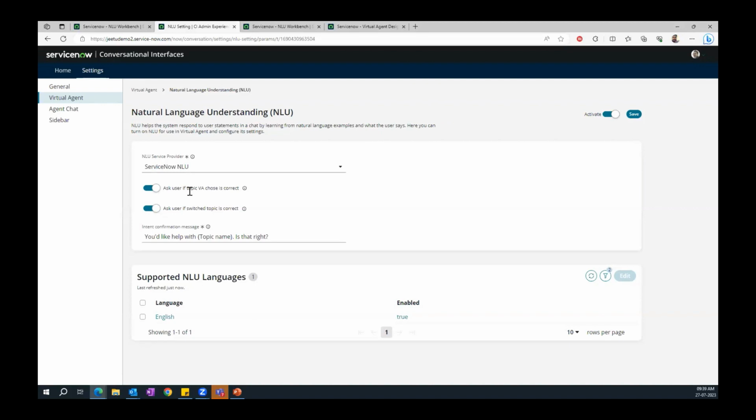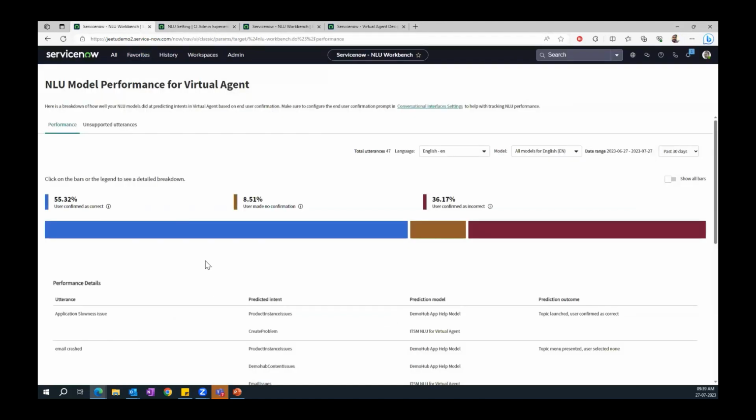Ask user if topic VA chose is correct. So the user will initiate the conversation, then there will be an option to give us feedback. So the user can give feedback to those conversations, and this is what the system will use to compare the model performance with the user feedback.